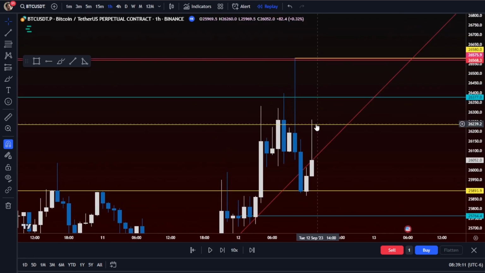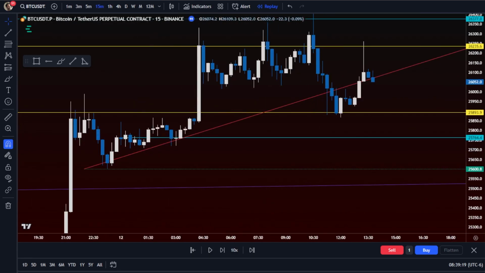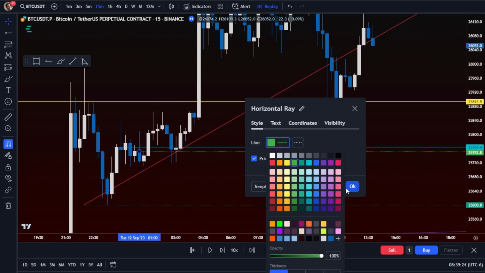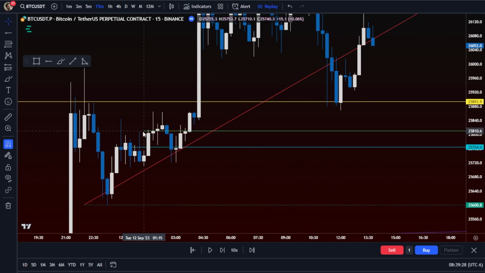You've got a 4-hour target here. You've got your daily here, which means your 4-hour target's going to be here, +1, -1. +1, -1 to that is the 15, the 1 hour. Are we able to find a 15? 15 right here. The problem with this 15 is that, just get it to the right line, it's actually all the way up here. So the hourly is a better trade. So now you're getting into disconnected time frames.